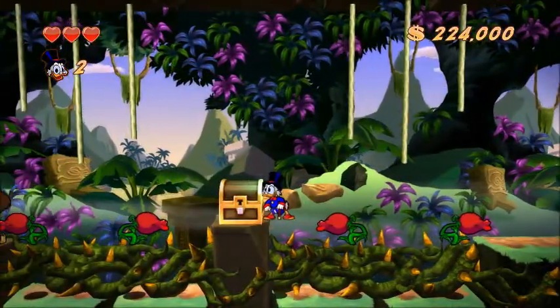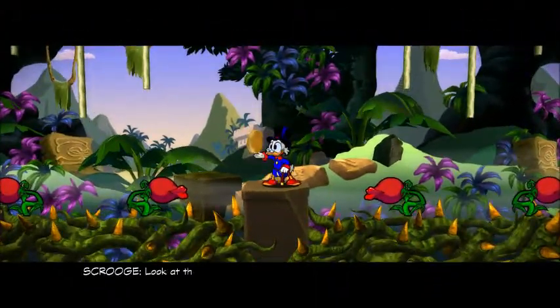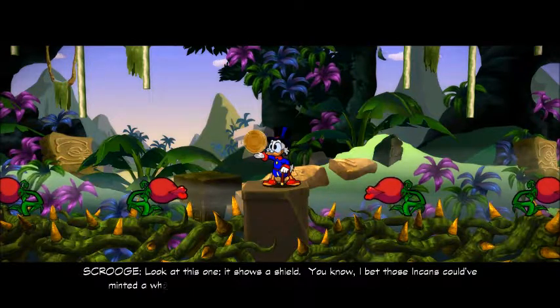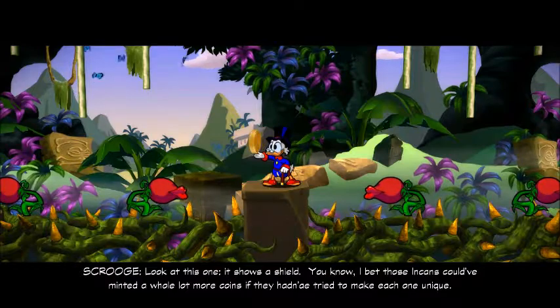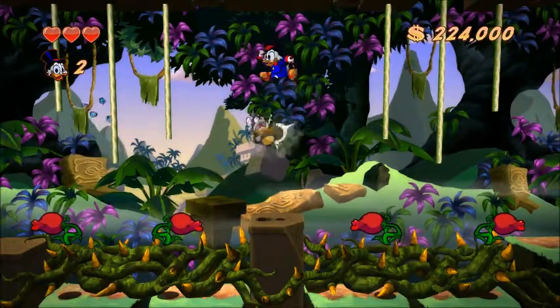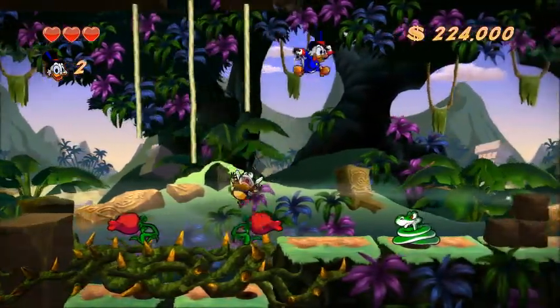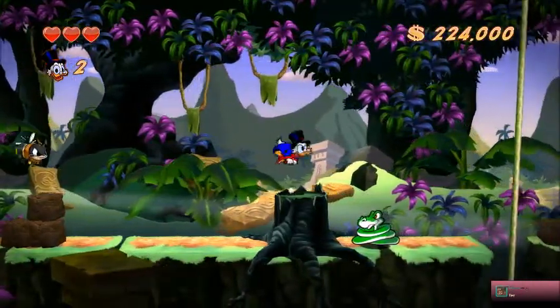There it is. Didn't get rich by being foolish. Jump on this, grab the coin. Thankfully they not... Look at this one. It shows a shield. You know, I bet those Incans could have minted a whole lot more coins if they hadn't tried to make each one unique. Thankfully that knocked out that bee enemy, so it couldn't hit me when I was in the cutscene. Onward and...